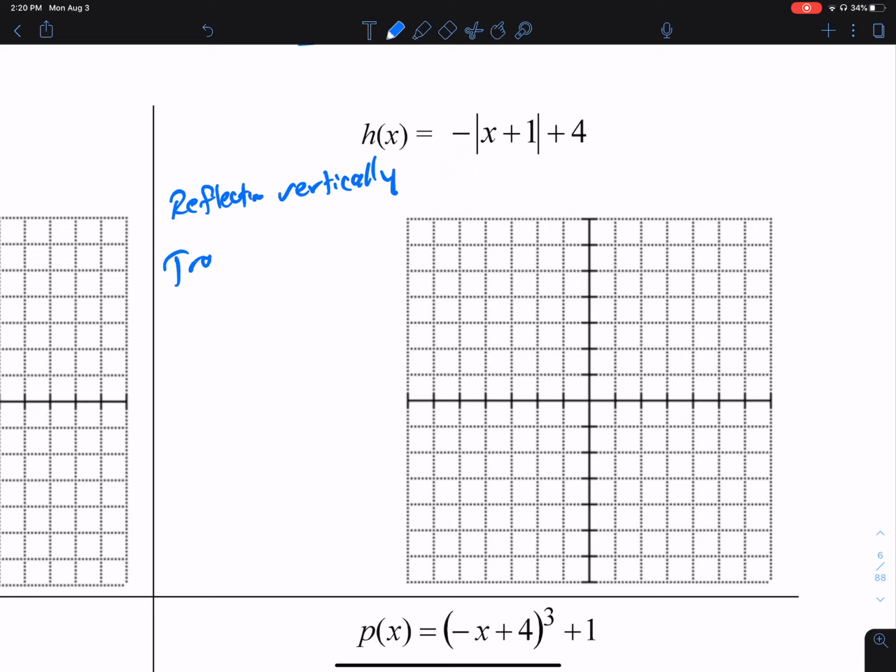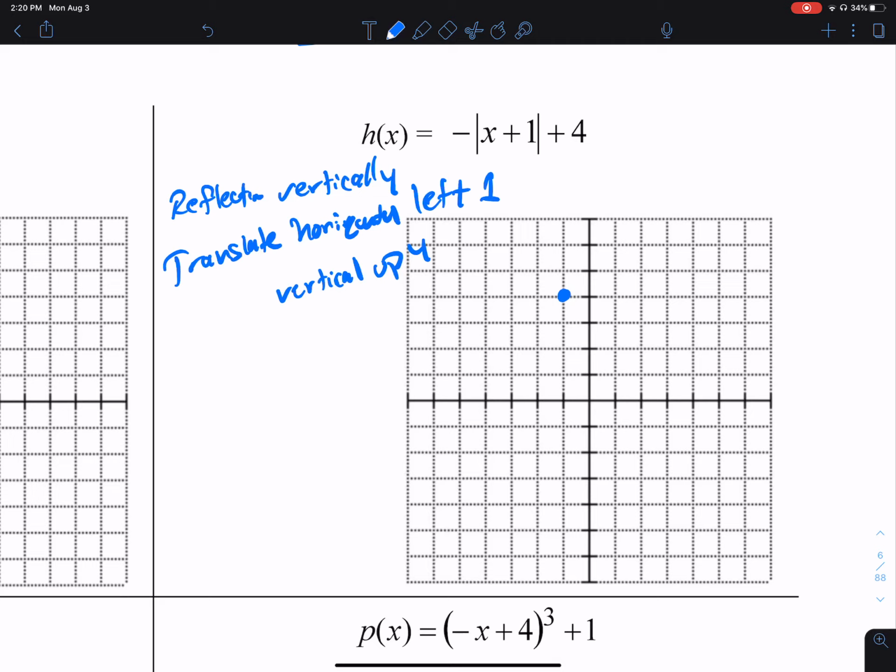We're going to translate horizontal left 1 and vertical up 4. On the inside affects it horizontally, on the outside affects it vertically. Things that happen horizontally are typically the opposite of what you would think they would be. Let's find the vertex. The vertex is going to be at -1, 4,